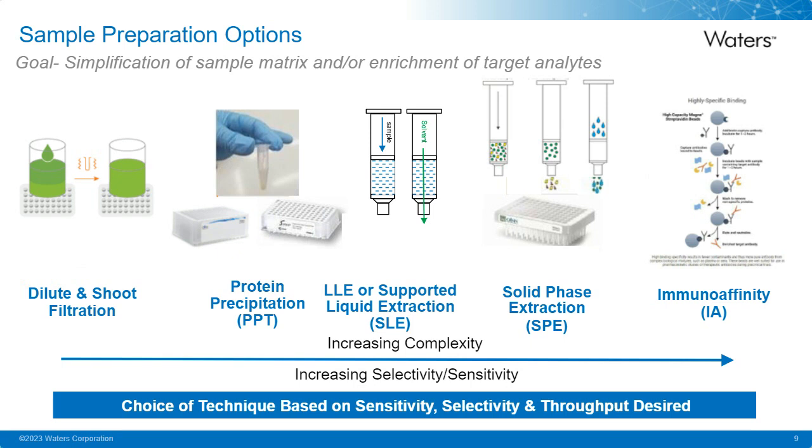So we need to choose what is fit for purpose for our assay. It may be that we've got plenty of sensitivity, we're doing an initial screen, so we can do protein precipitation. But if we want high sensitivity and a lot of specificity and reliability for quantitative assays, often we may want to go a little more specific and a little more selective for things like solid phase extraction as well.